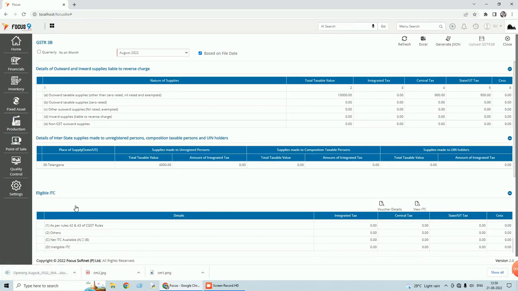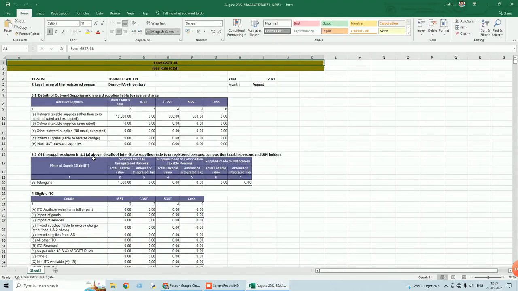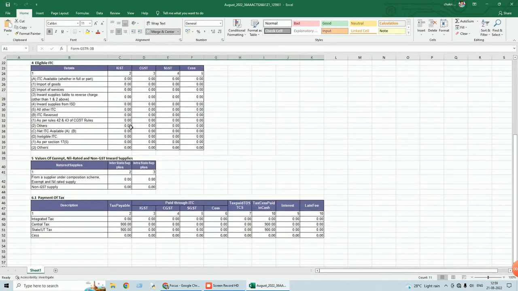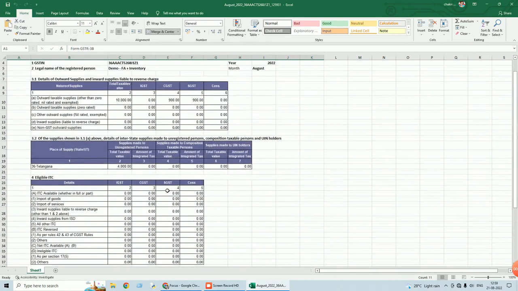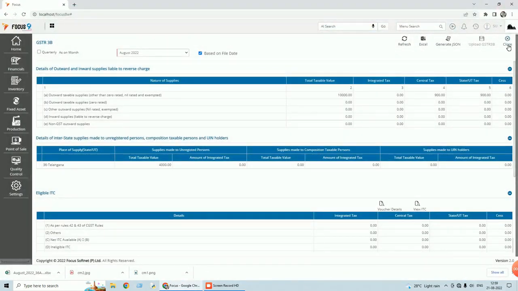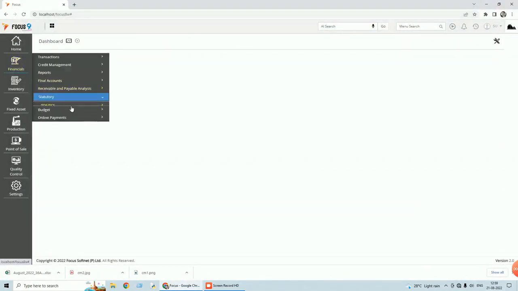Now you see this is how it appears. This is the GSTR 3B report. You can just extract and check if any payments you have made. You can give that payment here, and it will show you the balances. Fine. After this, you have the last report, which is